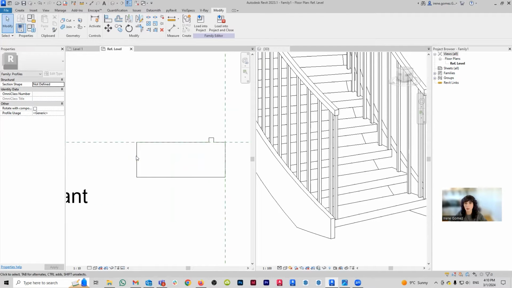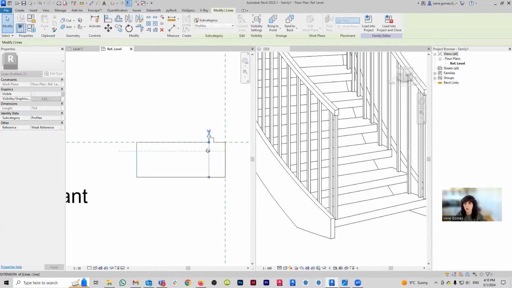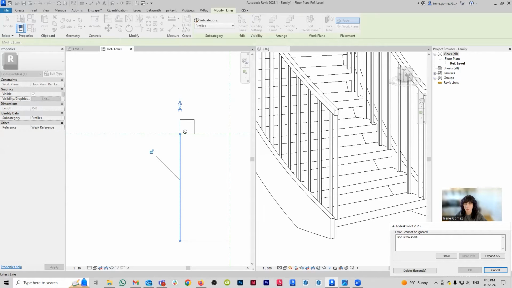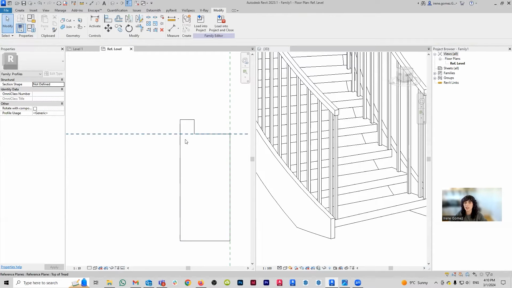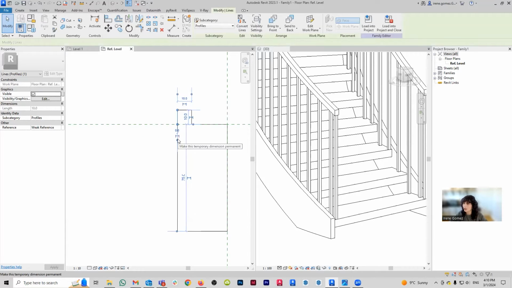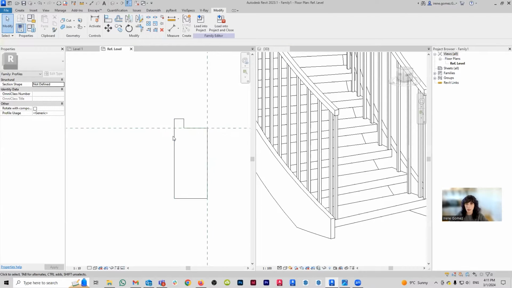So this is basically my profile. And this part here, I can literally bring it to the edge if I want to. Now here it's going to give me an error message, and that is because it's basically collapsing that line that we had over there, which is fine. We're just going to say yes, delete. And for triple certainty, another thing that I like to avoid when I'm doing profiles is this, where you have one line and then you have another line that goes on in the same direction. Sometimes this can cause issues. So I usually like to have single segments. So the only time that you create a new line is if you're going in a different direction. So this is my profile.